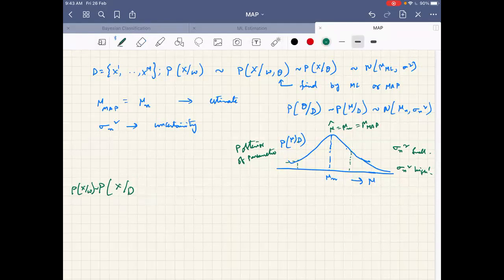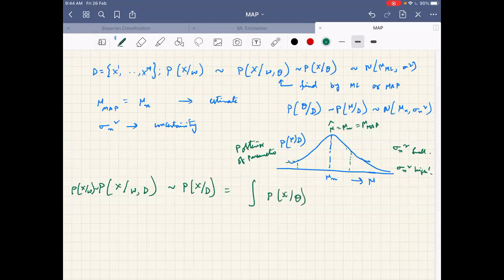So P of x given omega at a particular x can be a sum of, suppose the probability of having mu n as the mean is something, multiplied by the P of x given omega due to that mu, plus P of x given omega due to some other mu with its probability, and a normalized sum of that. Okay, so I will try to put it in some notation here. See if what you are conveying is the same. See what we have previously done. We have seen that P of x given theta we have written.